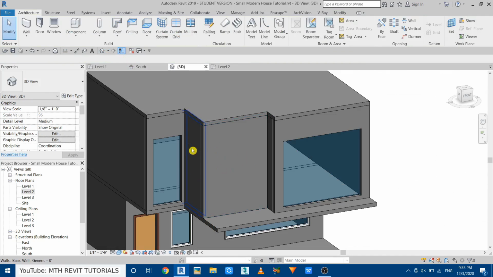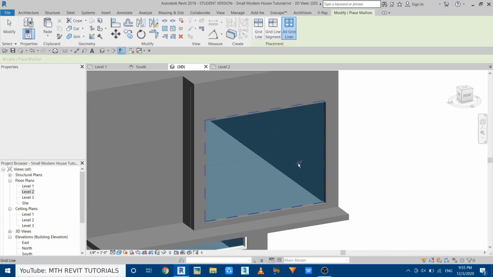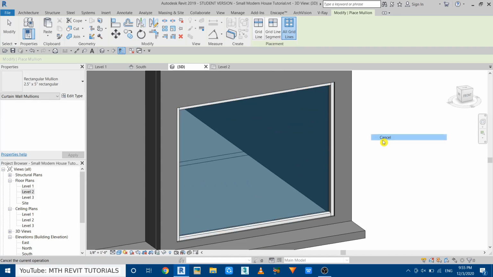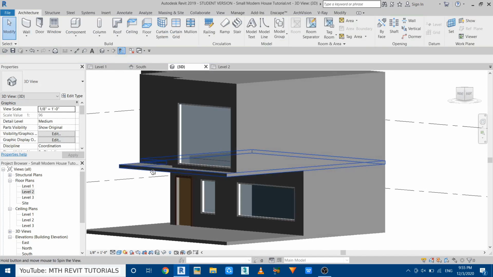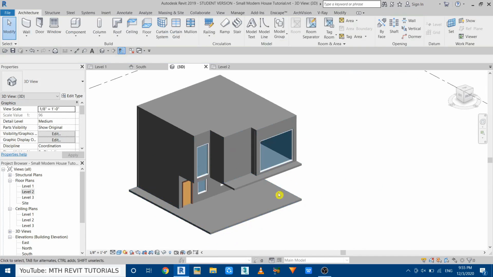So now we can add the mullions to both these curtain walls. So select mullion, add grid lines, make sure this 2.5 inch by 5 is selected. Just click on this one and then this. Perfect. So we have finished modeling this house. Now we can start creating the